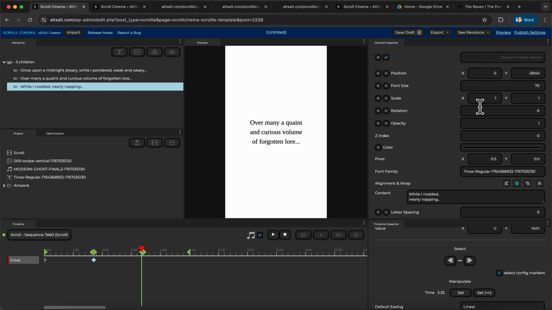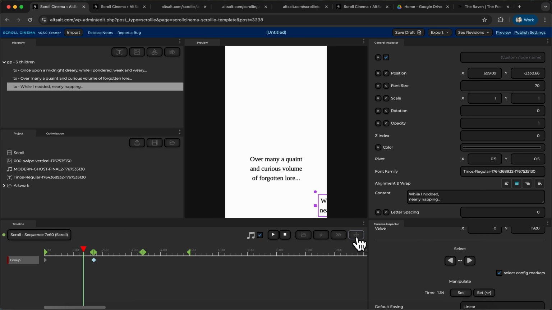So I'm going to take this text, "while I nodded, nearly napping," and instead of placing it below on the next page of the scrolly, let's place it over here to hint to the user that, okay, at this section, maybe I should be scrolling over on the X instead. Okay, so to configure axis switches, you are going to go over here to this four-arrowed button